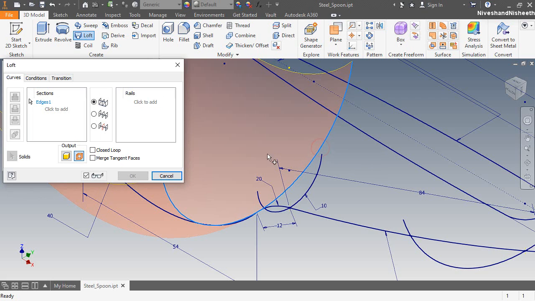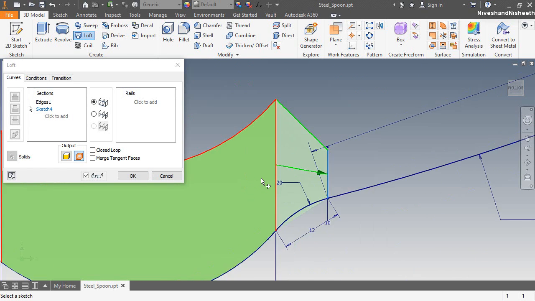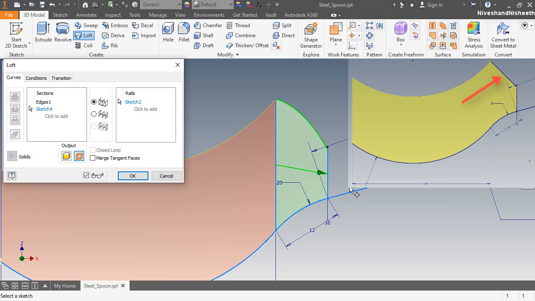Let's select this edge of the sweep surface and select the second arc, which we'll keep as sections. Under the rail sections area, I will select this curve. Let's see the preview. Here the shape does not seem to be formed as I want, because I want this edge to be properly slanted between the two endpoints. I need two more rails so that its shape becomes better. So I leave the command